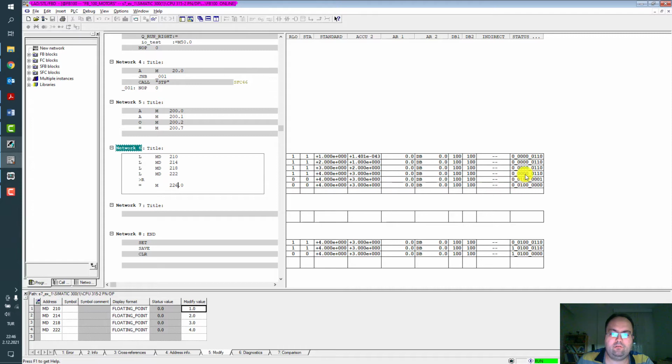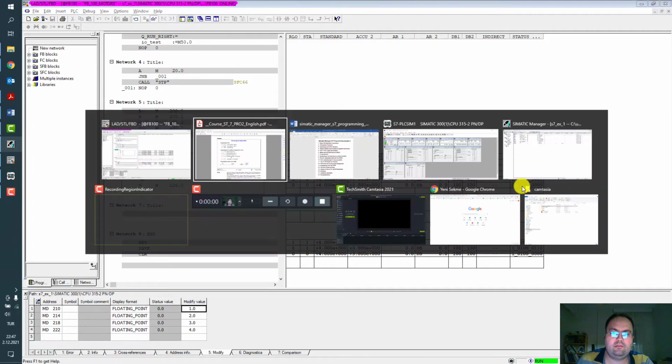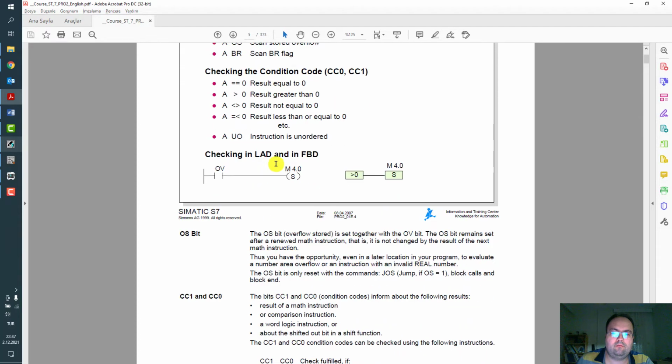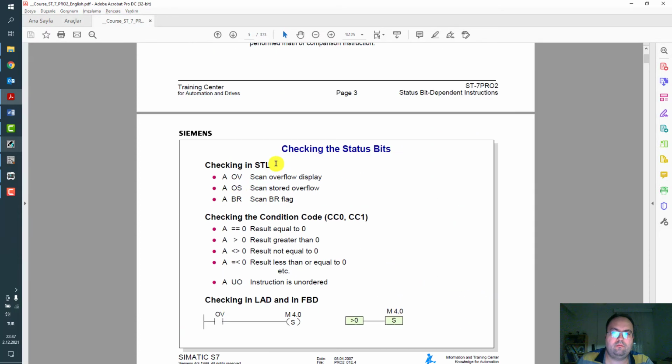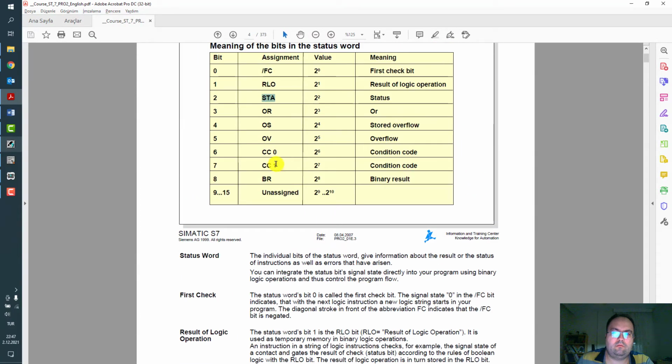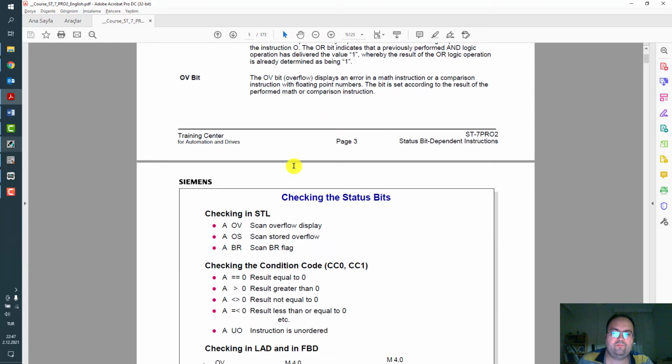Okay, and you see the bits 0, 1, 2, 3, 4, 5, 6. Okay, condition code 0 bit is true.